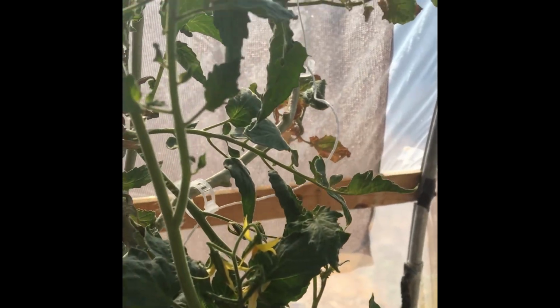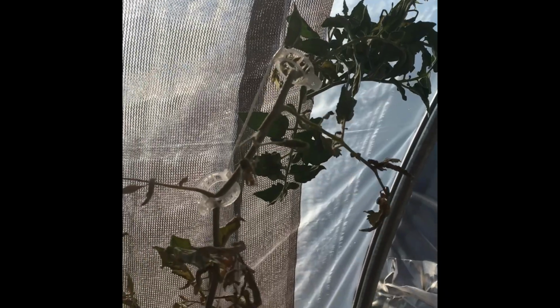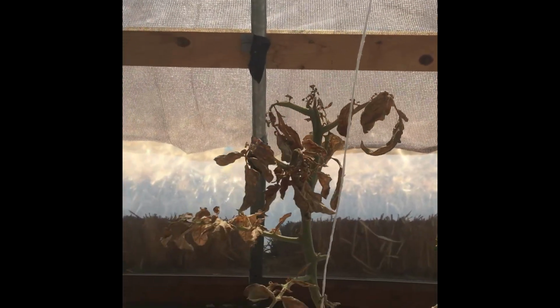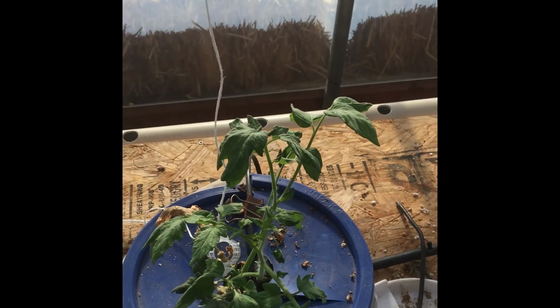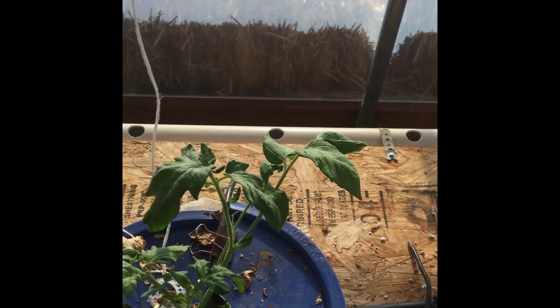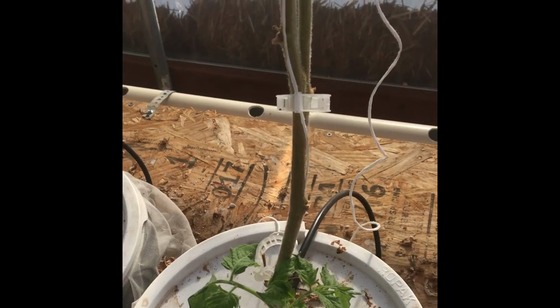Let's see. We're getting lots and lots of new growth on these. Dutch bucket tomatoes in the hydroponic system. You can see all the flowers. So now it's just a matter of waiting to see if they'll set fruit. There's that Better Boy that has come back from the root, and it's doing awesome. And there's our Kellogg's that's come back from the root, but the top is also resprouting, so we're starting to